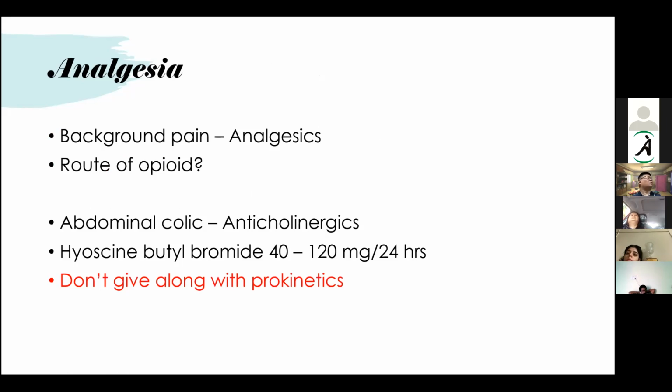So now the next option would be to treat associated symptoms. The usual associated symptoms would be pain and vomiting. So analgesia can be of two types. So there can be a background pain. See, the thing is, the patient may have pain even before the obstruction because of the cancer infiltrating in the adjacent tissue in the bowel. So also, the obstruction may not be because of a bowel cancer. It can be because of a metastatic deposit from a cancer somewhere else. So in that case, the patient can have pain in that particular region also.